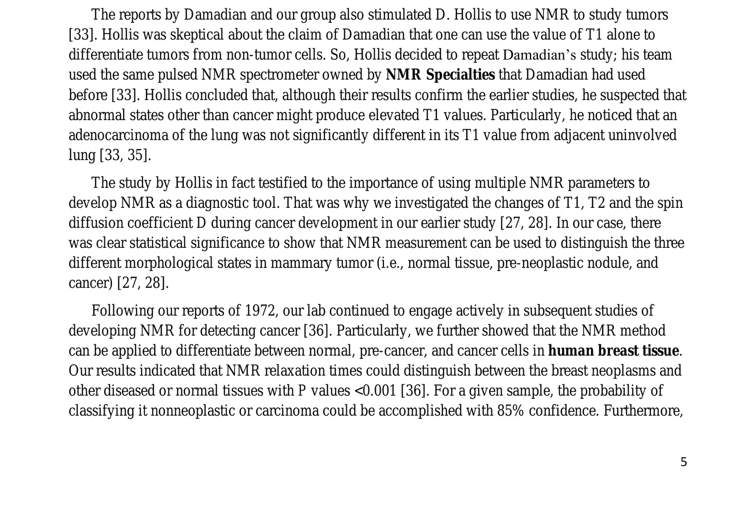The authors' findings have stimulated further research in the field, including studies by Weissman and Hollis. Hollis' study, in particular, highlighted the importance of using multiple NMR parameters to develop NMR as a diagnostic tool, which was a key aspect of the authors' earlier study. The authors' subsequent studies have further demonstrated the potential of NMR for detecting cancer, including the ability to differentiate between normal, precancer, and cancer cells in human breast tissue with high statistical significance. The results indicate that NMR relaxation times can distinguish between breast neoplasms and other diseased or normal tissues with high